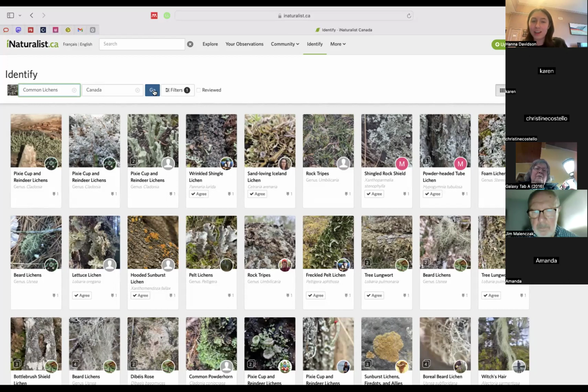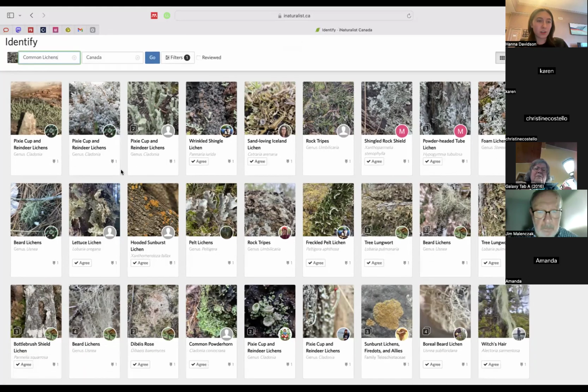However, if we leave it as an unknown, it will not come up in my search, even if technically it is a lichen. So that's why it's really important to choose a broad ID, even if you don't really know what it is. Choosing something even as broad as fungus or bird really helps someone find it later to help you get that ID.